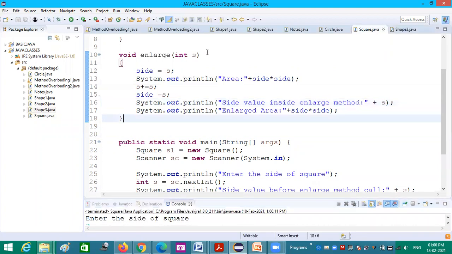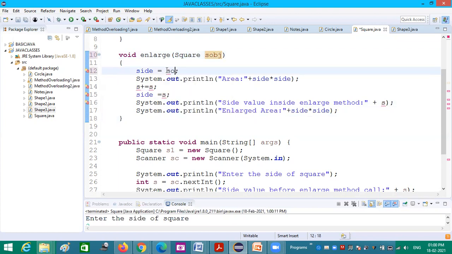Now, instead of passing this as a normal data type, if I am passing it as an object, square, yes. So now what I could do, S is an object, Square SOBJ. Okay, for better clarity.